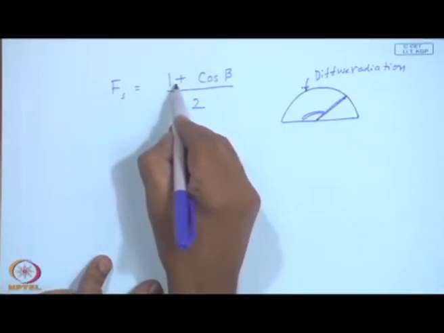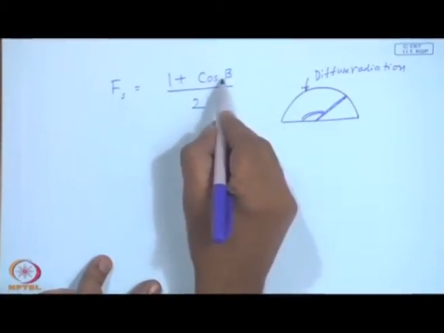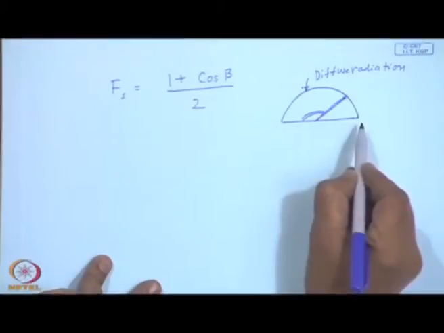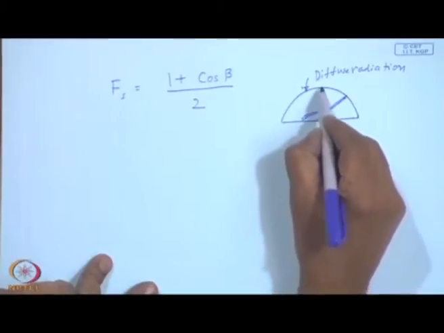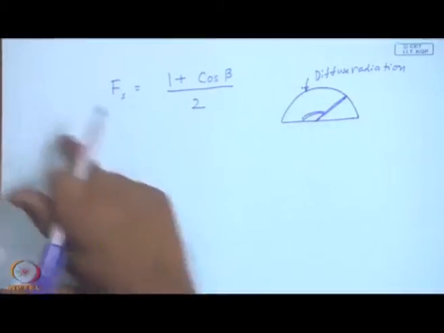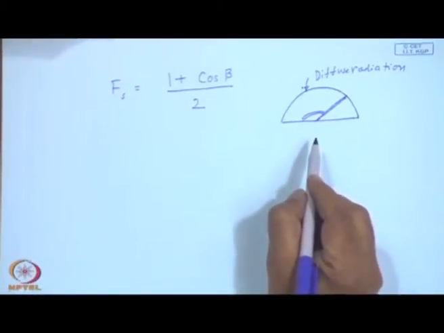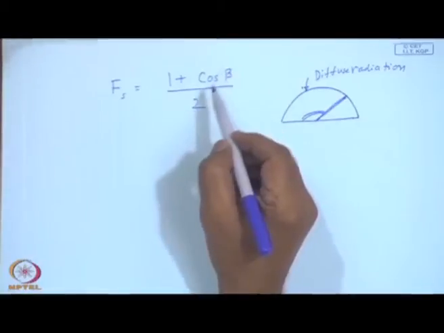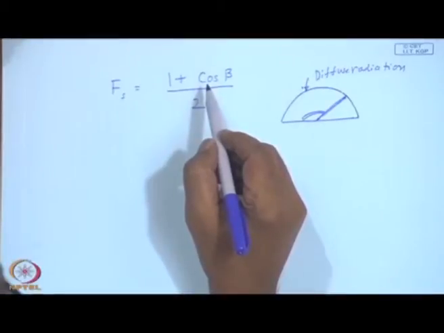So, you will have this factor 1 plus cos beta by 2, and if you make beta equal to 0, this 1 plus 1 by 2 equals 1. That means, if it is a horizontal surface, it will receive in full the diffuse radiation, and if you have a vertical surface, beta is equal to 90 degrees, making this 1/2. So, a quadrant of that will make it receive only 1/2. Sufficient to understand this 1 plus cos beta by 2 comes as a factor associated with the diffuse radiation, which basically is a sector proportional, assuming the diffuse radiation to be isotropic.